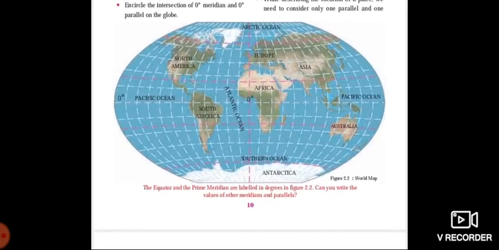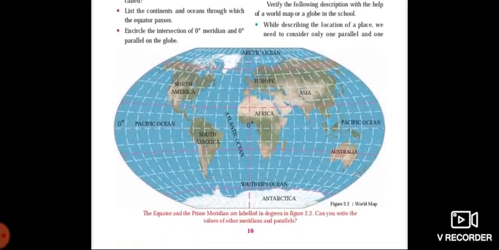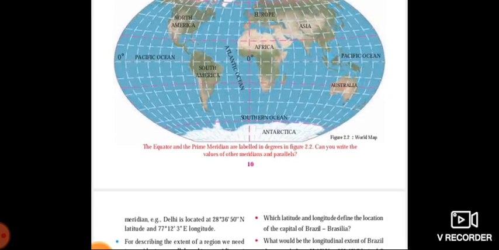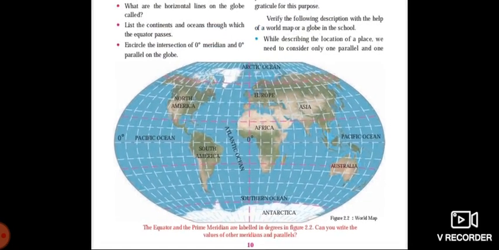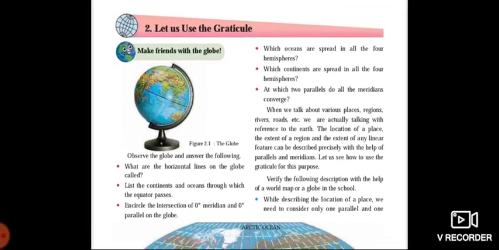Homework is to read lesson number 2, only the taught part. That is, page number 10 we have finished completely. You are going to read these questions and write their answers with pencil, and on page number 11 just half the part we have finished. That half part you are going to read thoroughly and try to understand what we have learned today.